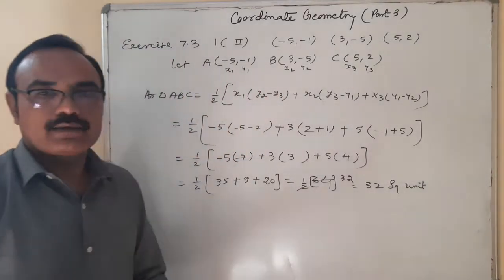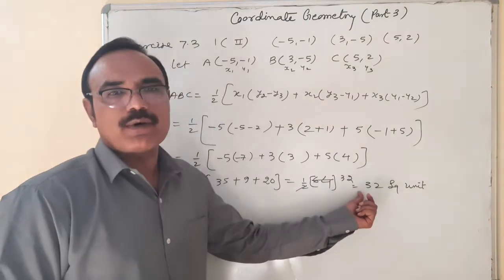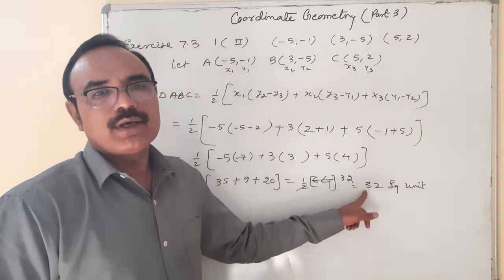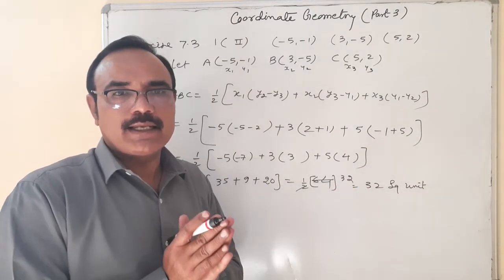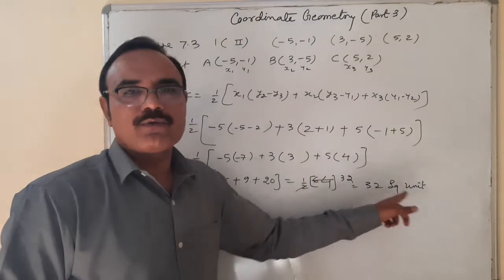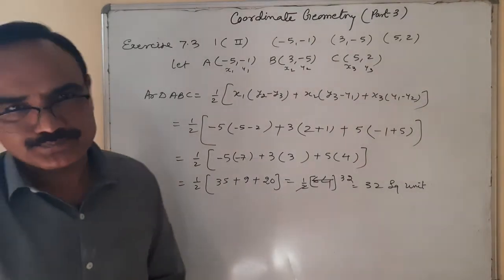Because it is an area, that is one thing. Remember, second thing, in case this 32 comes in the form of negative, suppose all the terms are minus and the answer is coming in the form of negative, so this minus sign will be ignorable. We can neglect this minus sign because area will never be negative. So the area is always written in the form of positive. Okay. So that is the way I will find the area of a triangle.